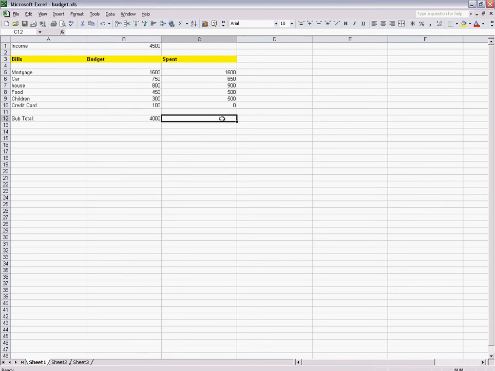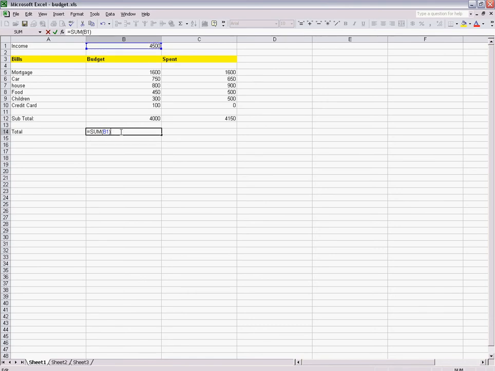You're going to want to repeat this step to get your total here. Click in box 12C, click the auto sum button, and again press enter, and that's going to show us how much we actually spent. Now to get a total, go down here, throw in a total in there, and what we're going to want to do is, this is where your formulas come into play. So you're going to want to hit auto sum. It's going to want to select here, but you just don't have to worry about that. Just go ahead and click on your total income for the month,